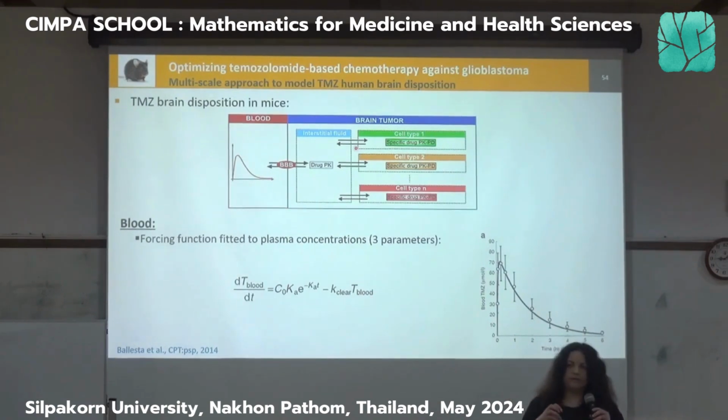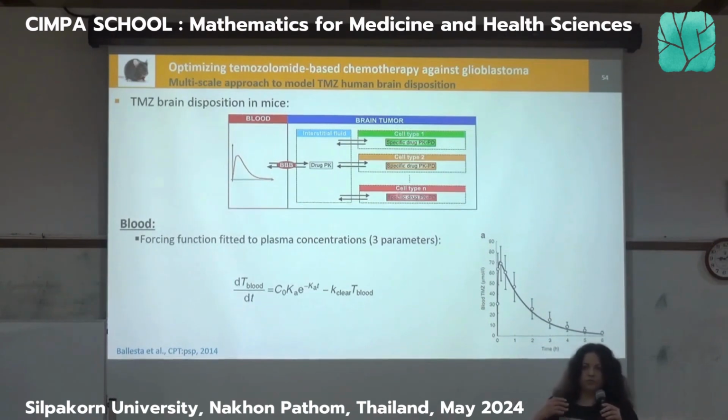Then the tumor is inside the whole body, and the interface between the whole body and the tumor is blood. The whole body will modify the blood, and then the blood will go into the tumor. This is this compartment here. We don't want to go into the mechanisms that modify the blood compartment, because we probably don't have the data, and we are also not interested in that. We are only interested in how the blood actually acts on the tumor.